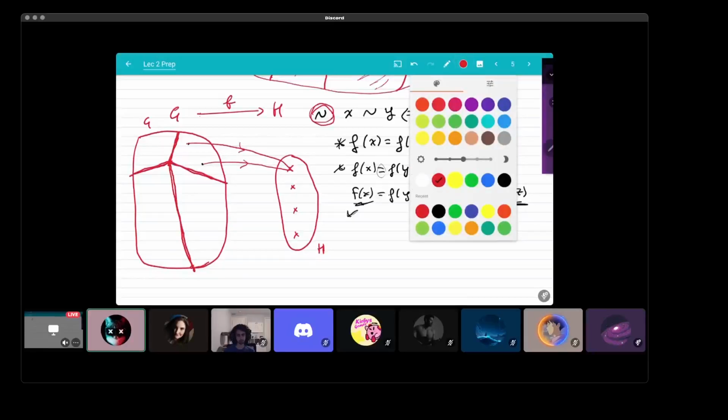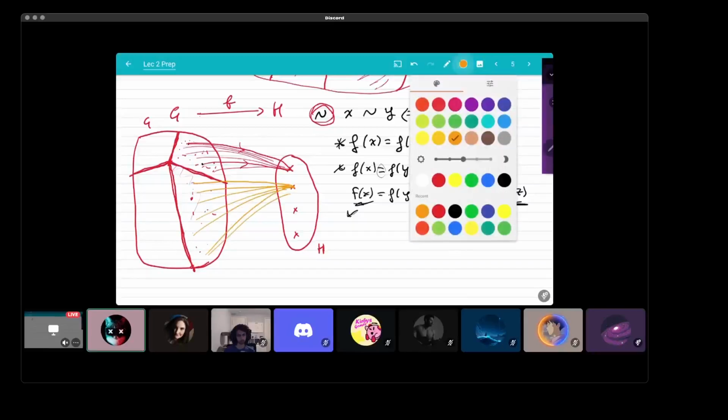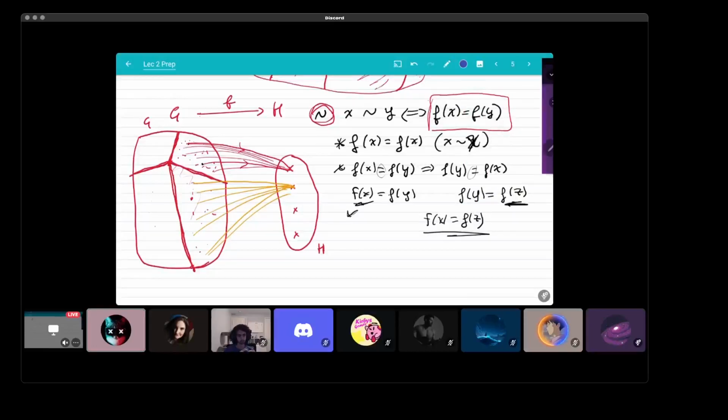If I take any point in this area, it will get sent to the same image. If I move to another area, everything will get sent to another, but also like so. And same thing for each of them,